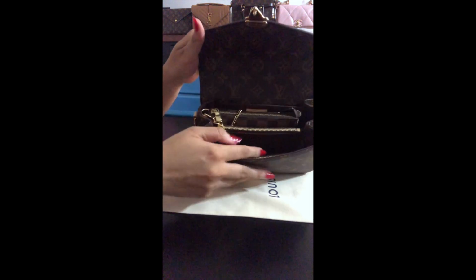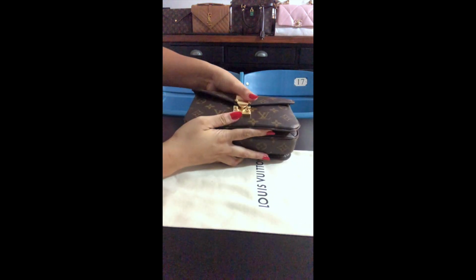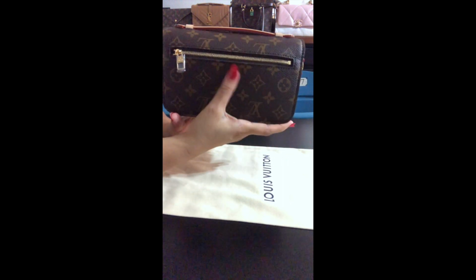My phone will also fit right in front there. I can stick a card case in the back, and it's going to close nicely. So I've got a mini pochette full of items, nothing stretched. I've got a key clay. I am saving room in here for my phone because I wouldn't probably put the phone in the back pockets because I don't want that stretched. And then a card case. So I've got my keys, my phone,